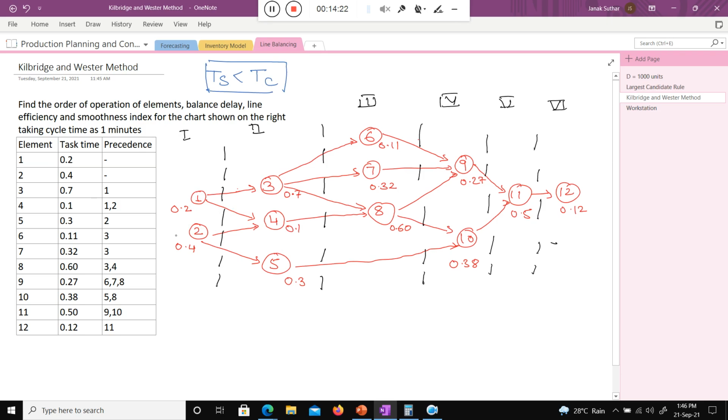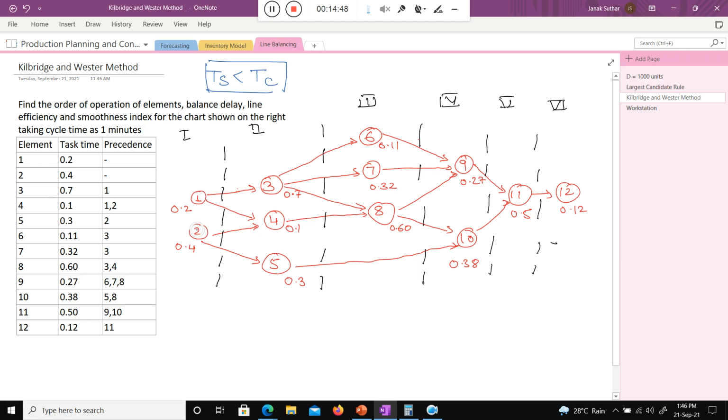Very good. So first I will consider column 1. To assign the elements to the workstation, start with column 1 and continue the assignment procedure in order of column number until you reach near to the cycle time. So I assign 1 and 2 to workstation 1. I completed column 1.